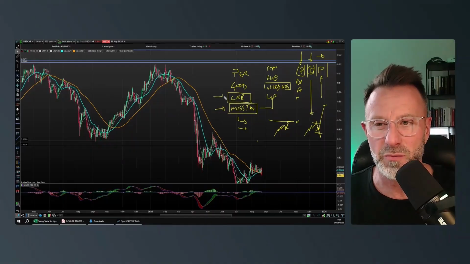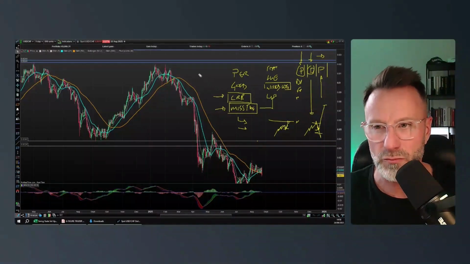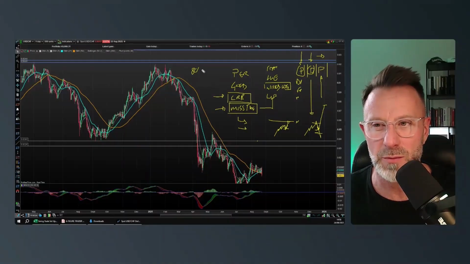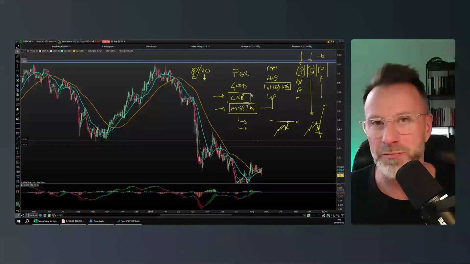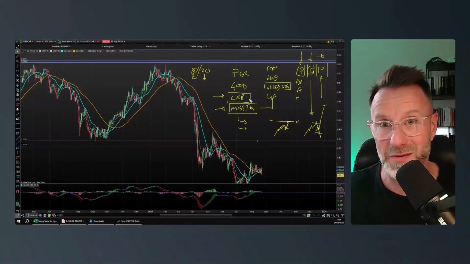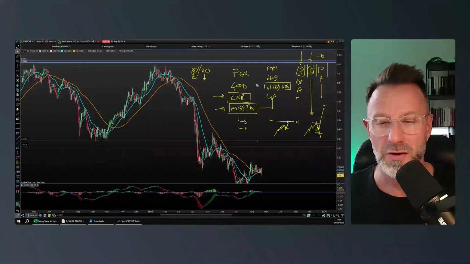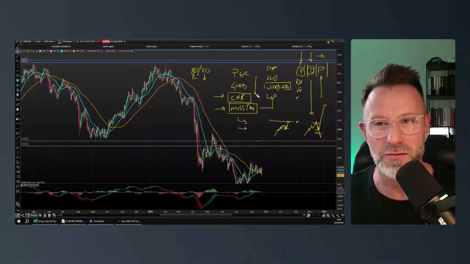These types of performance analysis are critical at this stage, because remember, we're dealing with the 80-20 principle. 20% of what you do at this level is going to have an 80% impact on your results. So part of that is logging that data. And actually, you'll be able to see patterns of when you are doing conscious rule break trades. And the goal of accountability is to keep that to a minimum.